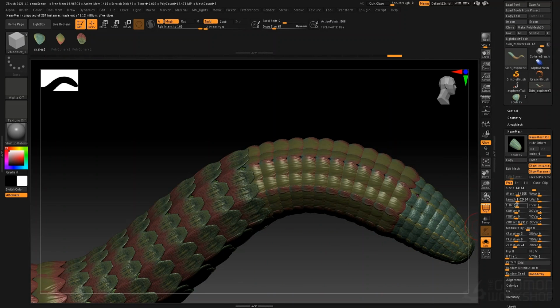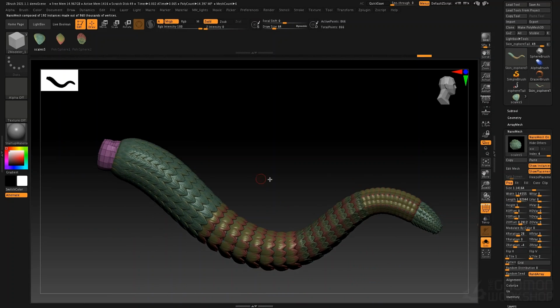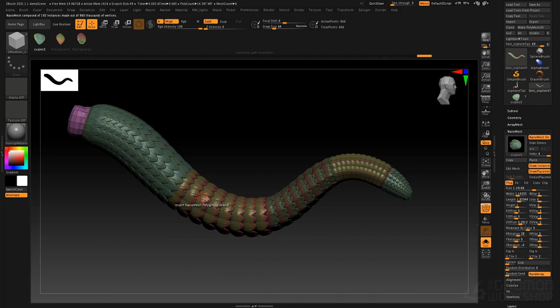And I can, of course, once again, change my rotation, change the X rotation. You can see we get this nice, almost looks like an armadillo. And we can change our length, so they're quite long at the tip. And there we go. We've created a sequence of scales running down the length of this object that we created